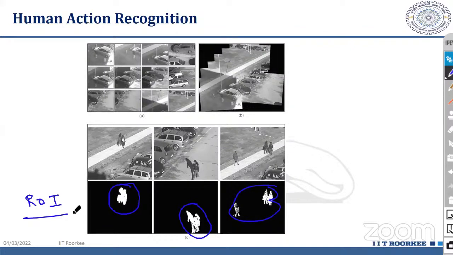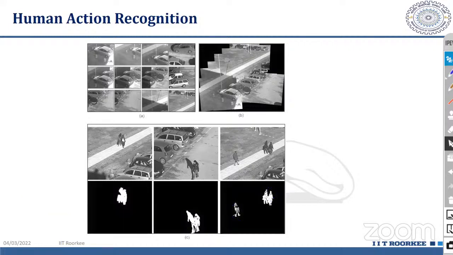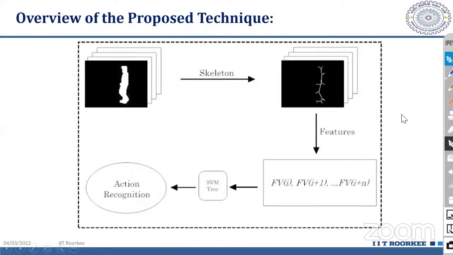All right. So here we are finding the binary image, which is also called the silhouette, right? So finding the silhouette, that is a major problem here. How to find out the silhouette, how to find out the binary image out of it. All right. So with the help of the optical flow algorithm, assume that we found this. So once you find this, assume that I find the region of interest or the silhouette like this,